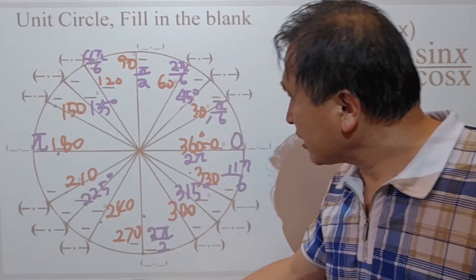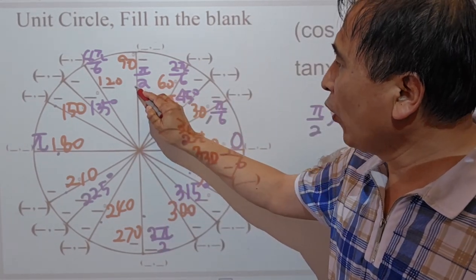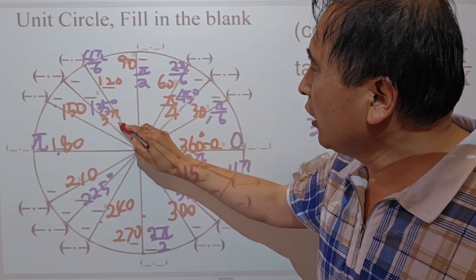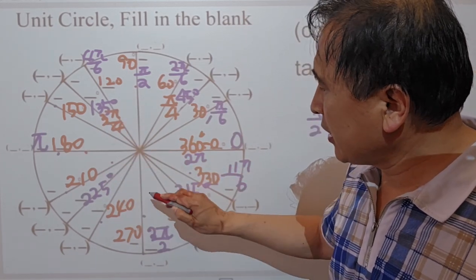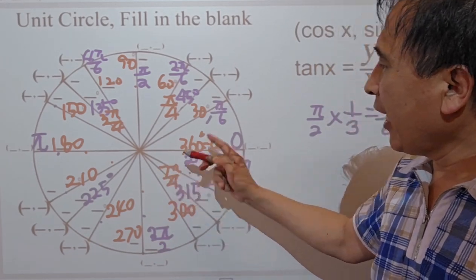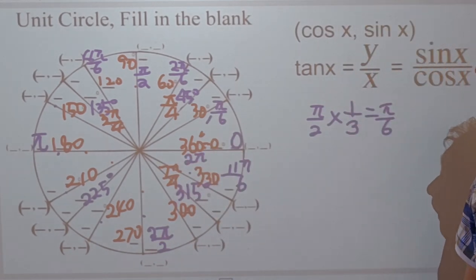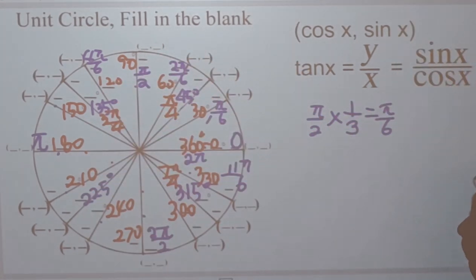And then 45 is this, pi over 4. And 2 pi over 4, and that's 3 pi over 4. And 4 pi over 4, 5 pi over 4, 6 pi over 4, 7 pi over 4. And 8 pi over 4, that's 2 pi again. So that's how you can express the angles on the unit circle right there, right? With that. And now,